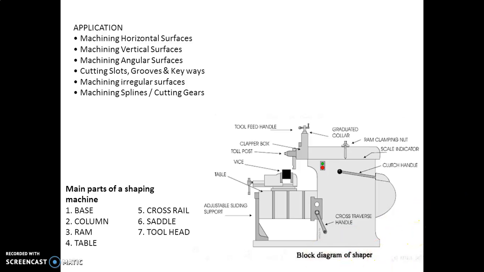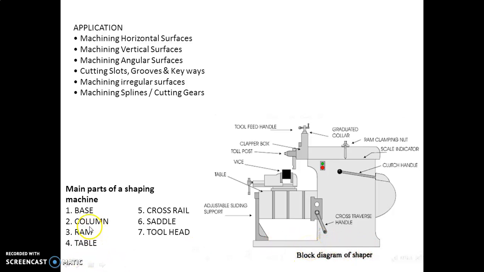The shaper is installed by rigidly bolting the bed to the shop floor. The bed takes up the total dead weight of the machine as well as the dynamic load during machining operation. Its material is usually grey cast iron. Grey cast iron has good vibration resistance, damping properties, and also compressive strength.